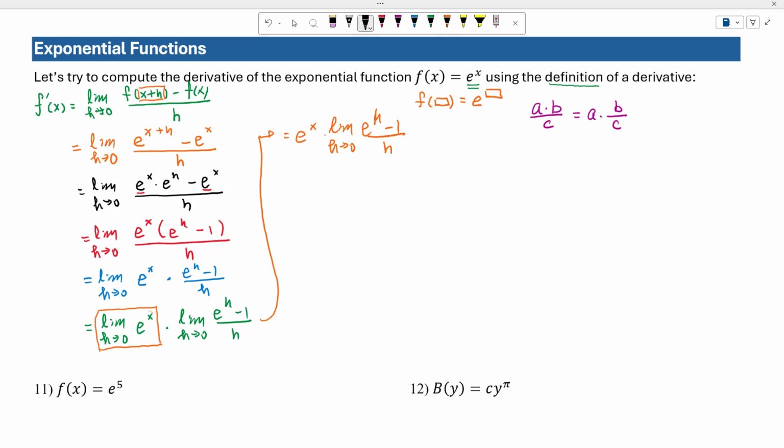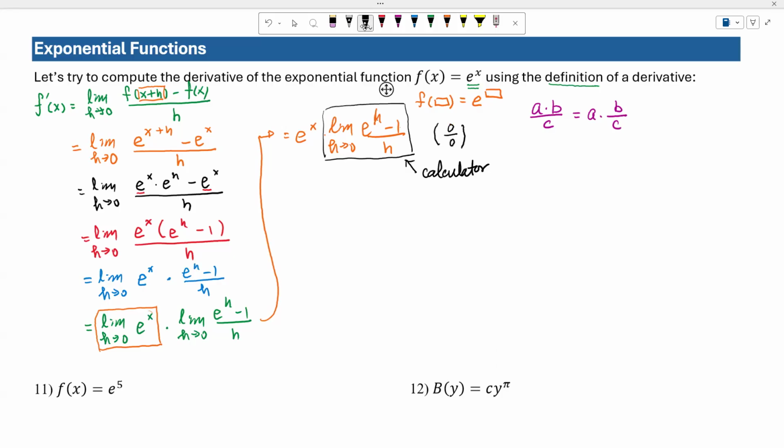Now the trouble is this one. In this case, you see that if h goes to 0, e to the power of 0 is 1, minus 1 is 0. So we have the indeterminate form for this limit. And we have a hard time to isolate or simplify this h in the denominator. We have no way to cancel out this h right now. So what I probably need to do is use a calculator to help me find this limit now.